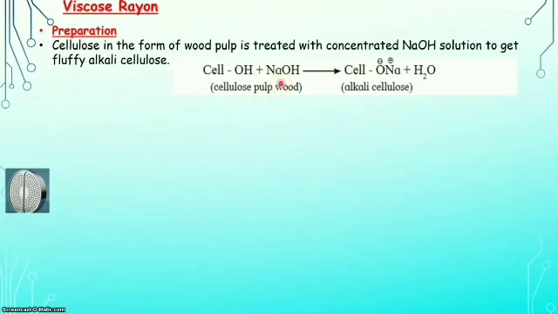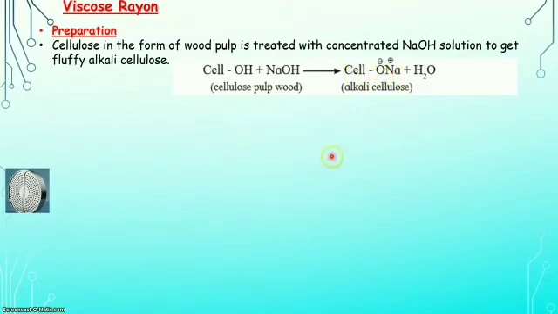Reaction with NaOH promotes the ionization of cellulose that converts this OH group into an alkoxide group, that is, a sodium alkoxide group. Here is the reaction where Cell-OH, the modified molecular formula of cellulose, is treated with NaOH. By removal of a water molecule, so OH from this part and H from this part are removed as a water molecule, we get alkali cellulose. The structural formula of alkali cellulose is